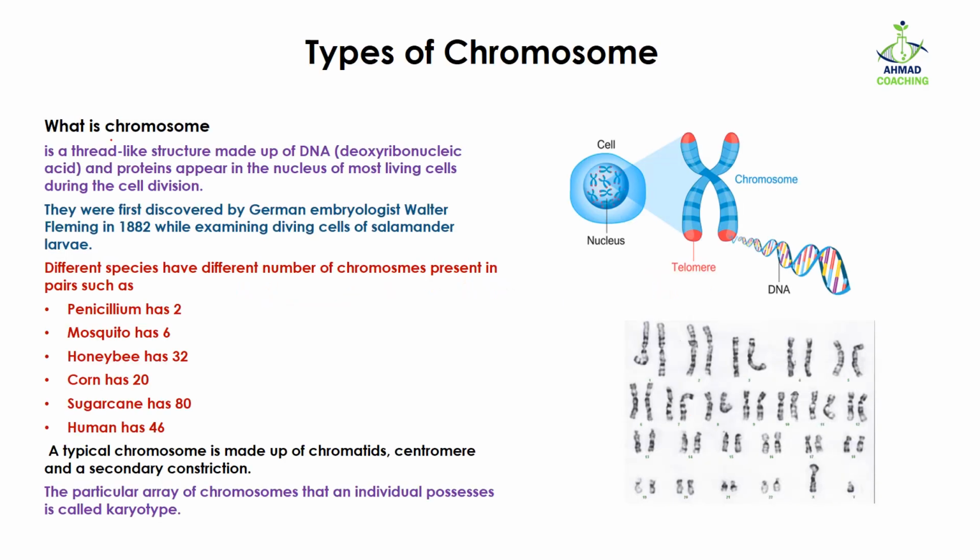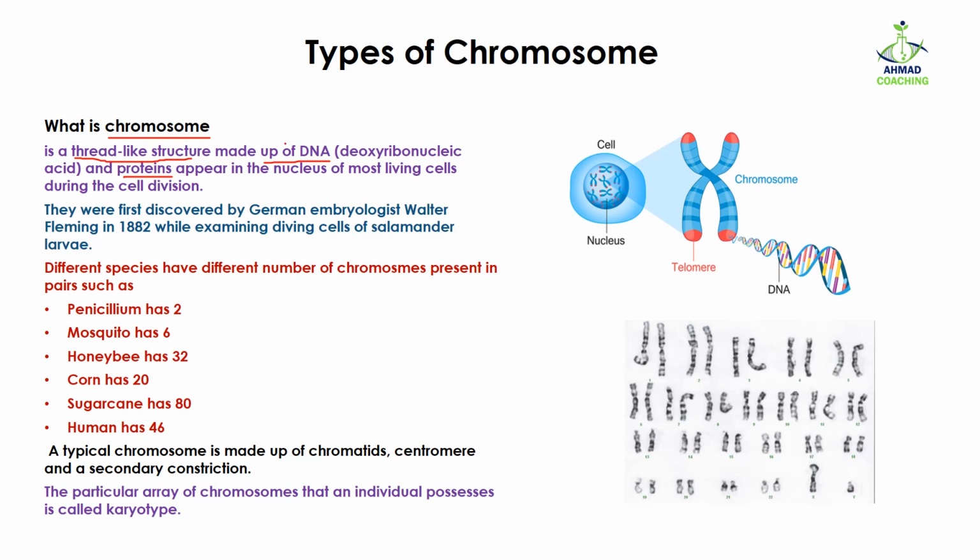Today we are going to study about types of chromosome. What actually is a chromosome? A chromosome is a thread-like structure, and that thread is made up of DNA, which is known as deoxyribonucleic acid. Along with DNA, the thread has proteins to wrap up the DNA in a small constricted